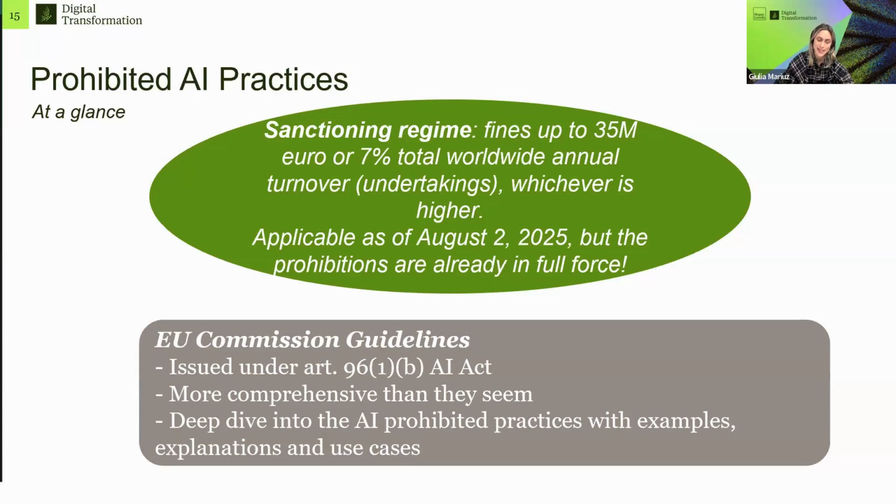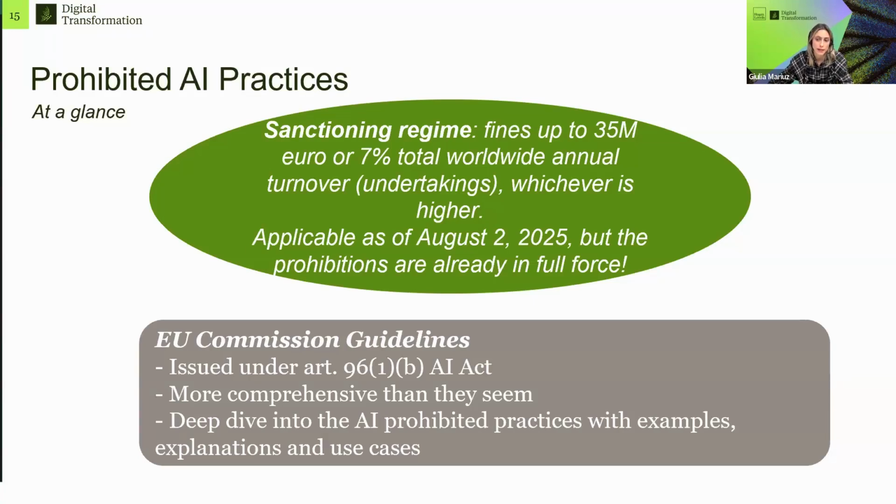It's very important to stress that in spite of the fact that such provisions are not applicable, the prohibitions are already in full force. So non-compliance may have other consequences, for instance, civil liability or the possibility for affected parties to request interim orders or obtain judicial remedy for the unlawful practice. So it's very important to check as of now whether the AI systems you're using or deploying may fall